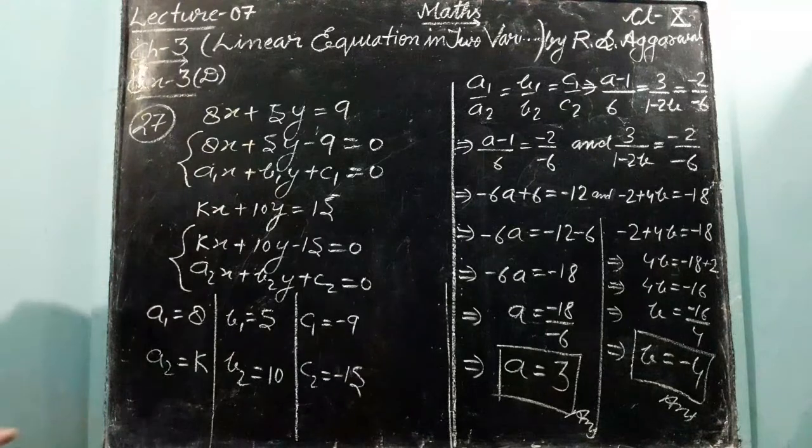In this way, first of all, you write the values of a1, a2, b1, b2 and c1, c2. Okay. After that, you will solve according to the no solution. It says no solution, so solve according to that. So then